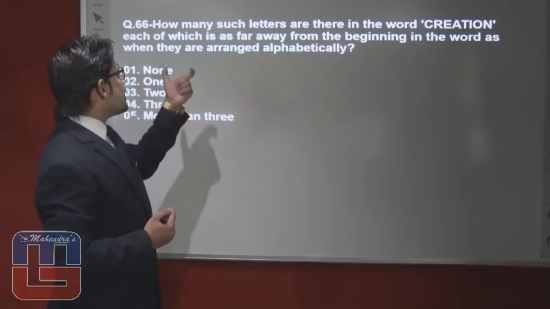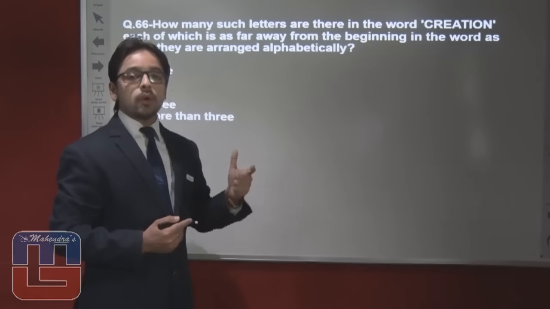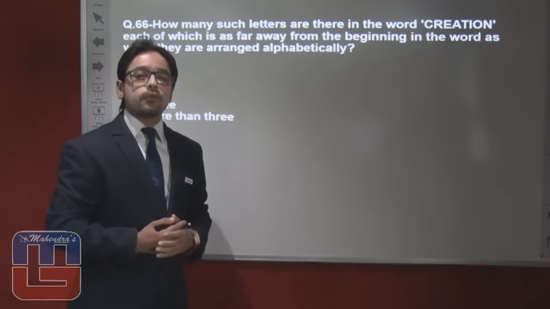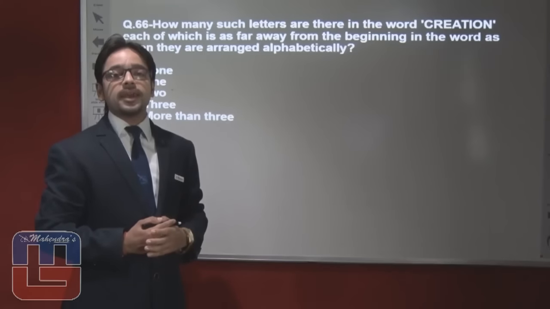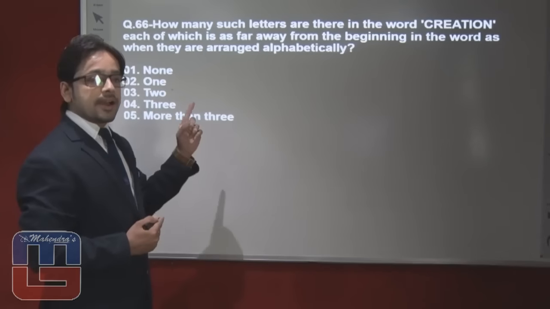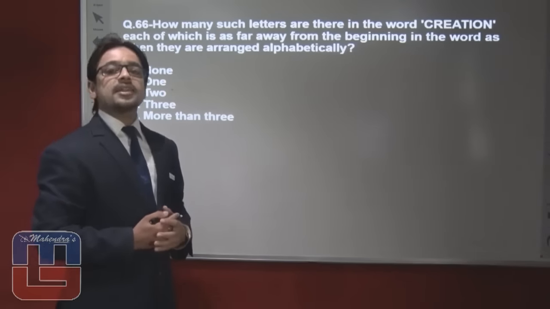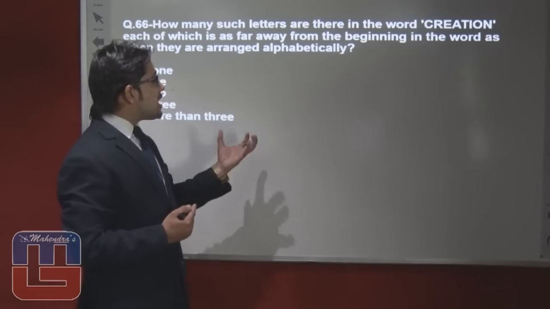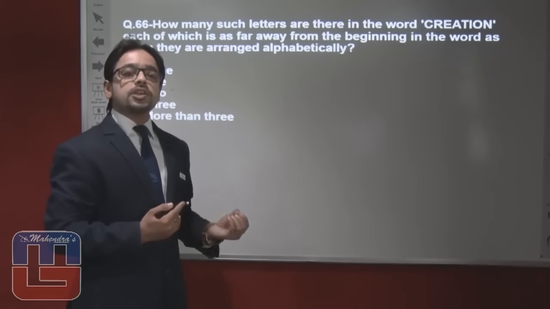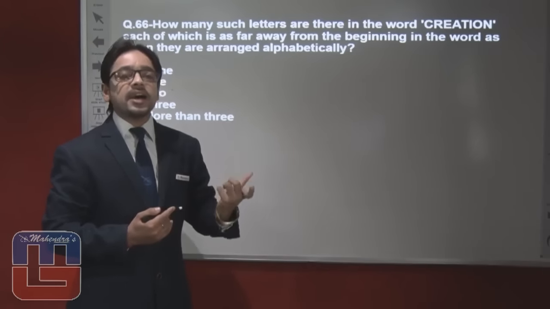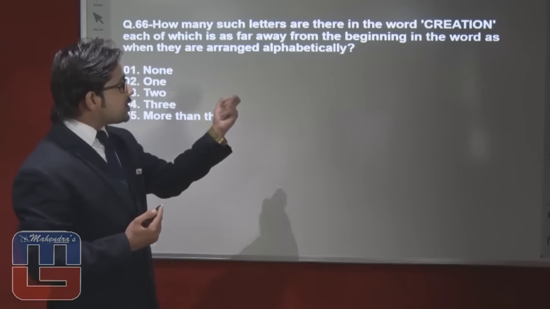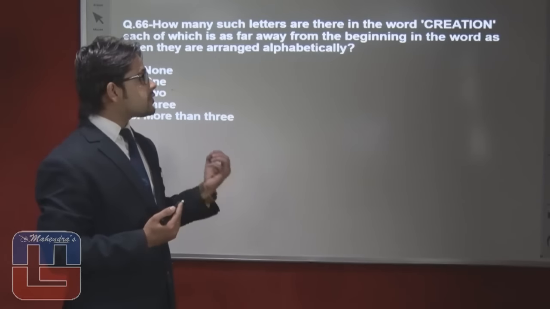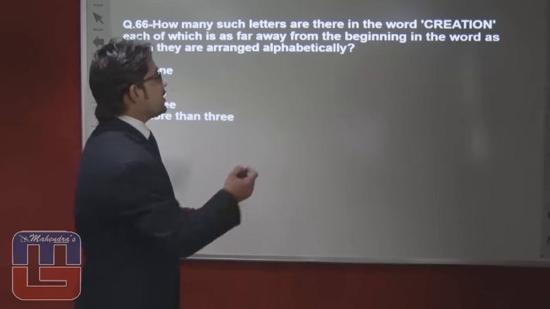Examiner wants to know how many such letters are there in the word creation, each of which is as far away from the beginning in the word as when they are arranged alphabetically. In other words, we can say that examiner wants to know the position of how many letters are unchanged after arranging this word alphabetically. So first we have to arrange this word alphabetically,